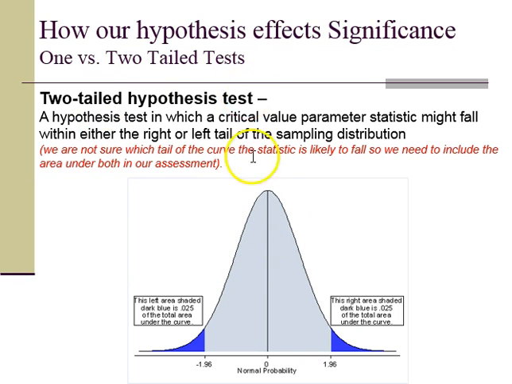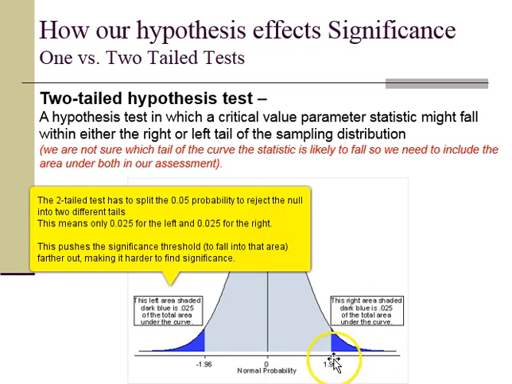If we're doing a two-tailed test, it means we have to take that 5%. So remember, keep in mind, we typically use 95% confidence threshold, so that 0.05 significance level. Right? So if we're trying to do a two-tailed test, it means we have to split that 5% between both tails of our normal distribution. This is important because if we're saying that we only have a significant result if it falls beyond whatever threshold is set for the 5%, right? If we're splitting that up into two halves, it means that that critical threshold is being pushed out. So what we calculate really has to be super extreme for us to call it significant. That means it's a pretty low-powered test.